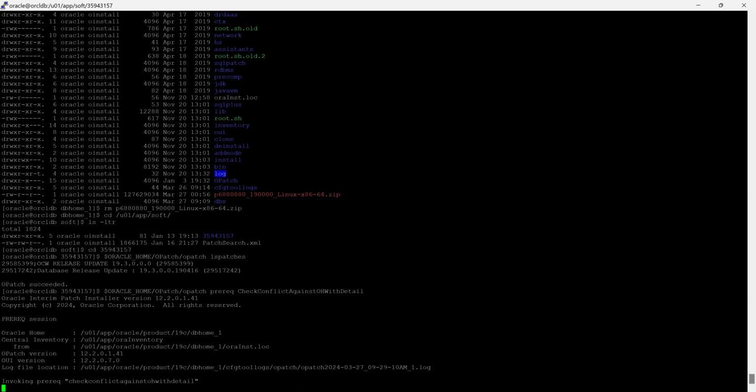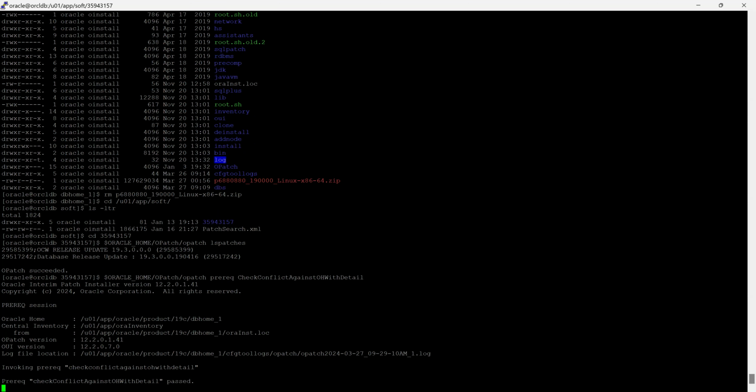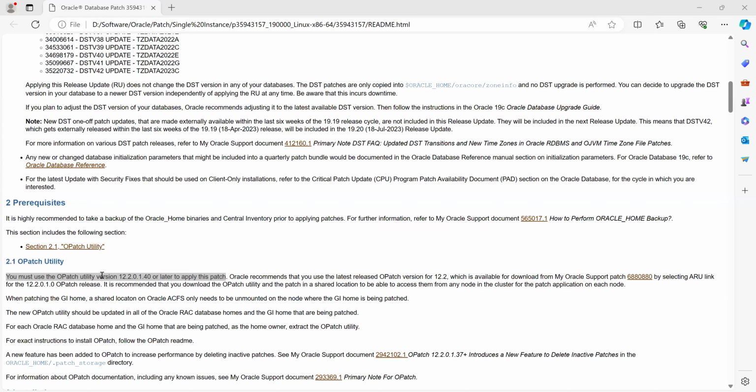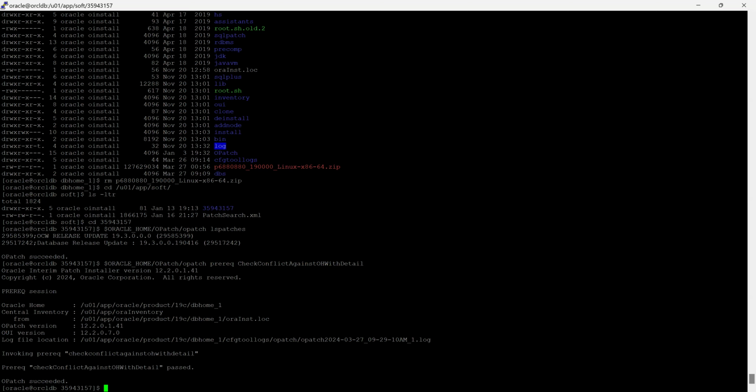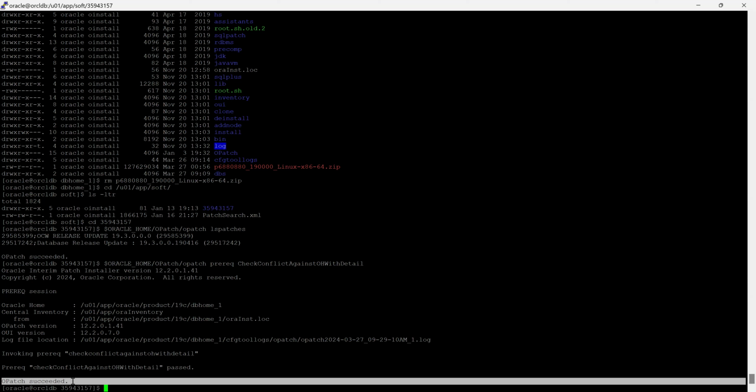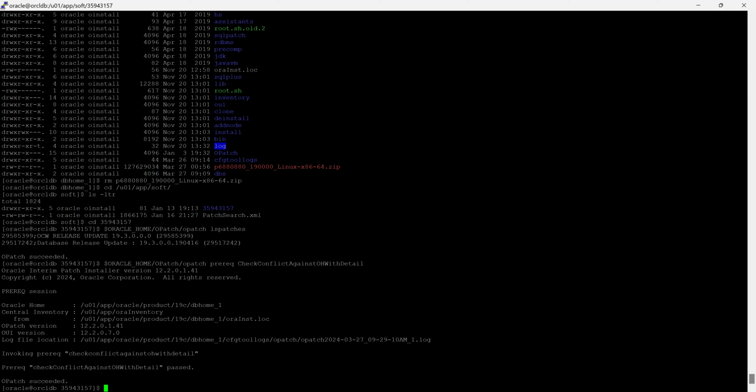You need to check the OPatch utility, which I have shown you here. Also, you will get in the README document what OPatch utility you need. With this you will also find out if there is any conflict or any issue on the server, so it will check all those things. Here you can see we got the OPatch succeeded. Now we are good to apply the patch on the server, but before that we need to shut down all the